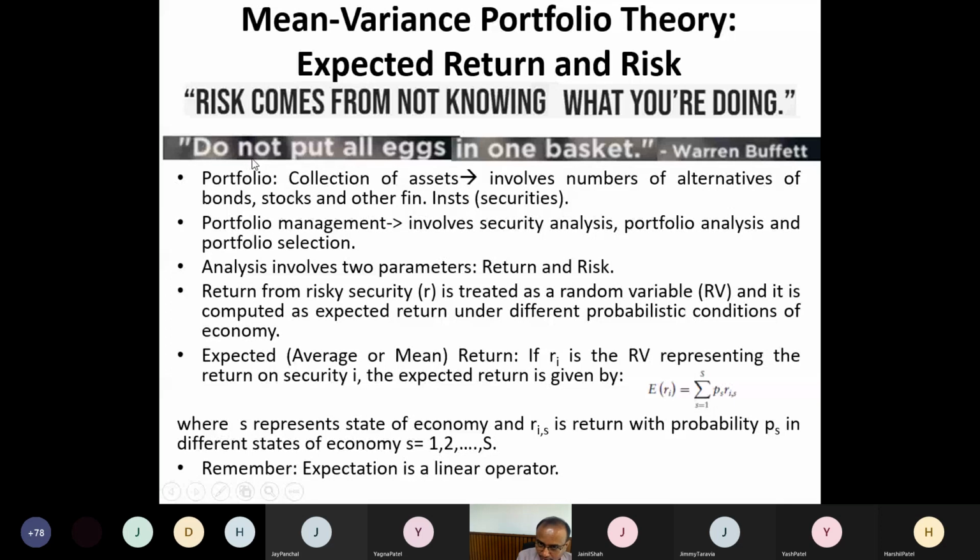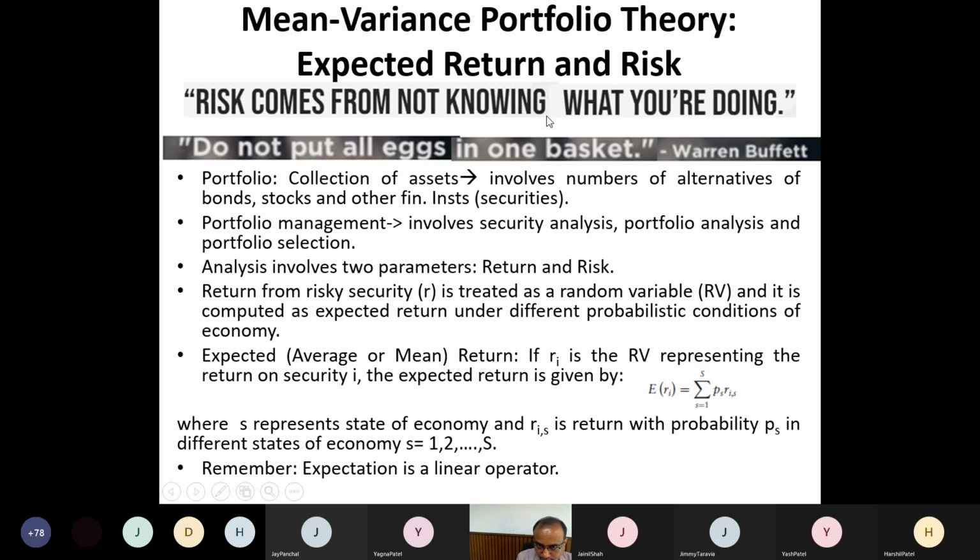And then, a portfolio needs diversification. It is a very popular statement from Warren Buffett. I hope you know Warren Buffett at least, that I expect from you. Do not put all eggs in one basket. What does it mean? Intentionally, I had not taken these two sentences initially. I am taking them right now. I hope these two sentences now have meaning. These sentences were stated some years back, and then these theories evolved.